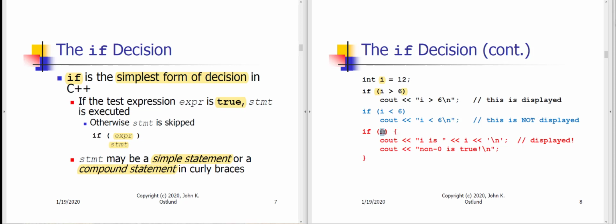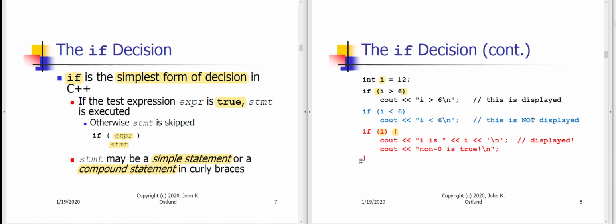In the red test down here, we're just saying if I. Now, this is equivalent to saying if I is not equal to 0. Because 0 is treated as false, anything other than 0 is treated as true. So if I is not equal to 0, and clearly 12 is not equal to 0, so I is equivalent to true,